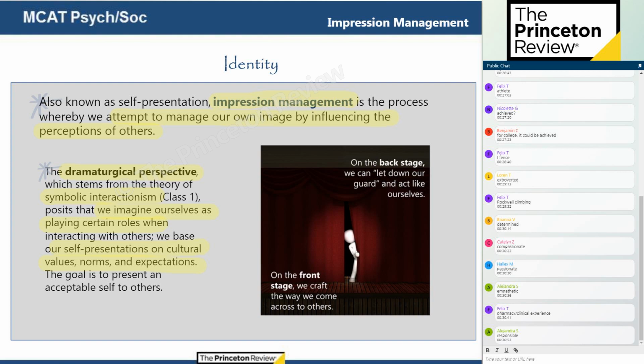So this way of looking at things says, I don't know if anybody has any theater experience, but when you're not on stage, when you're backstage, you're out of character and you're just yourself. But when you are front and center on stage, then you are projecting this image or playing this role and presenting yourself in the way you think people will best identify with you, or with this character, this role that you are filling.